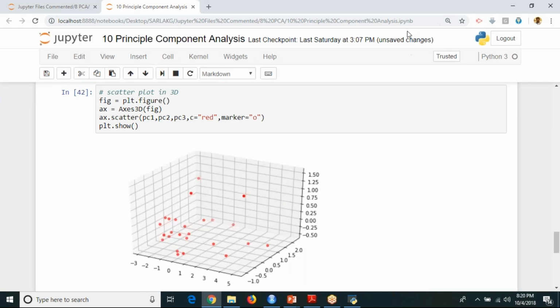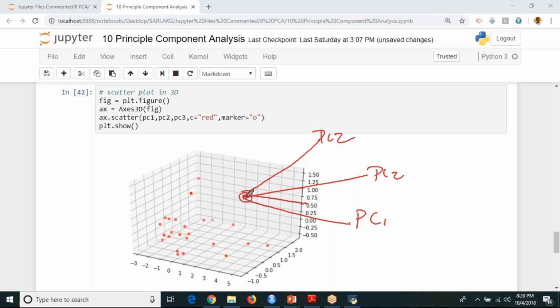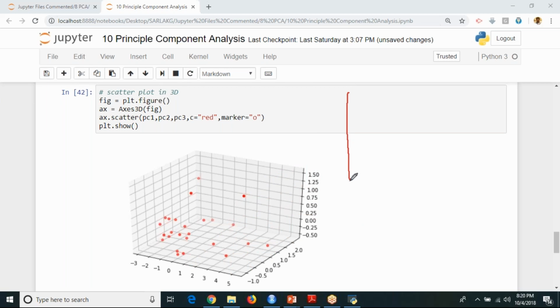I have plotted PC1, PC2, PC3. But suppose I ask you, what is the value for PC1? For example, this is your PC1. Let me choose this. Tell me the axis for PC1, PC2 and PC3, by seeing this point. Probably you can tell for this, but exactly you cannot tell for this also. How can you plot it like this? You can plot like this, like this, like this. But this is a disadvantage when you plot it in 2D.